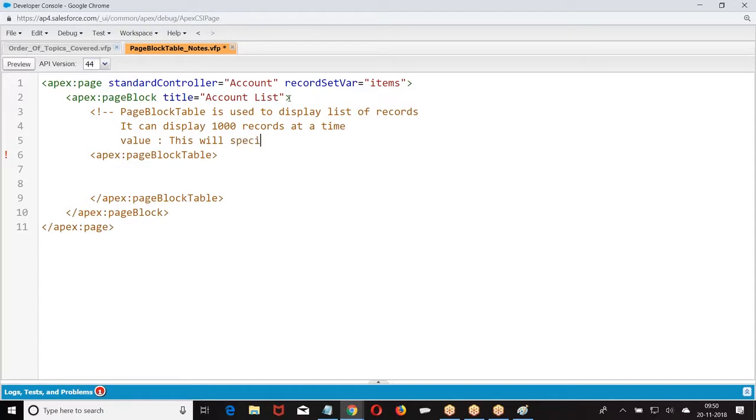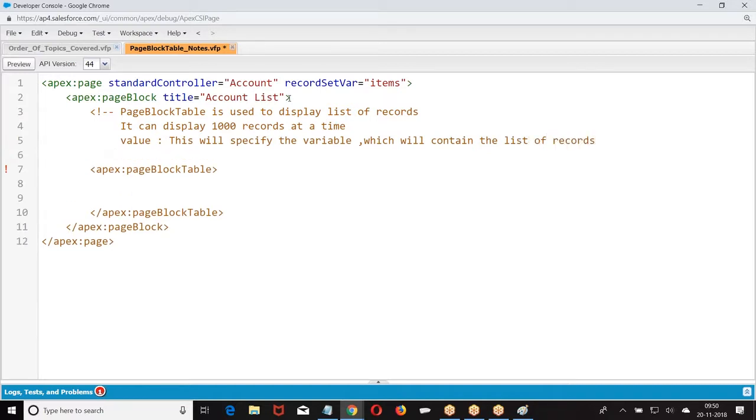This will specify the list of records. Where are my records available, boss? My records are available in the record set var. This is a variable which is referring to that list of records. So value equal to.